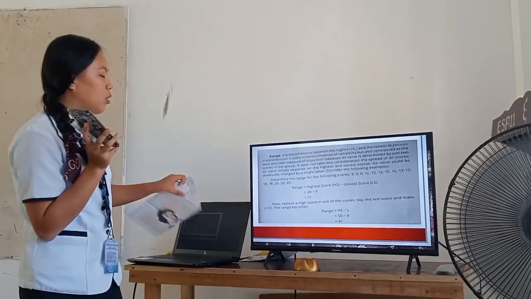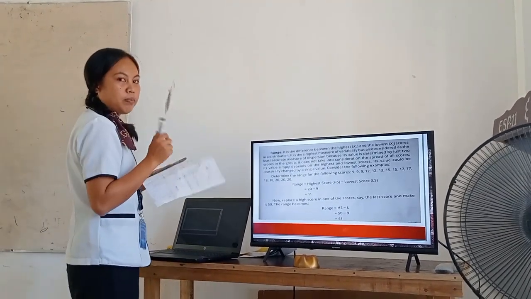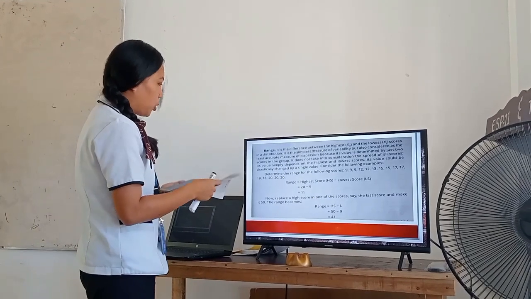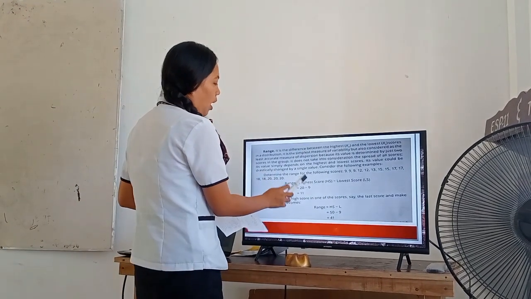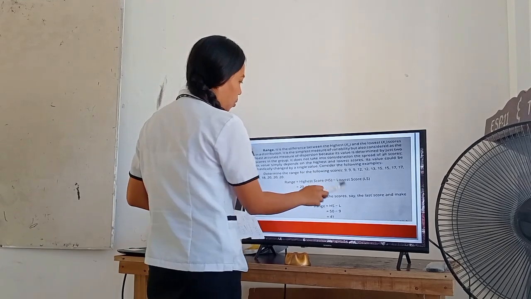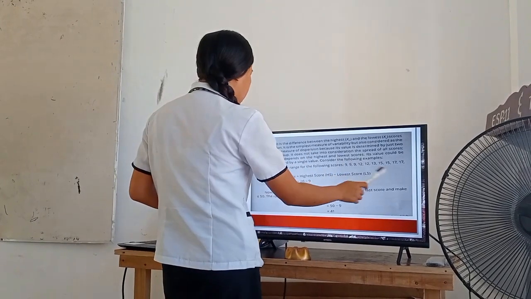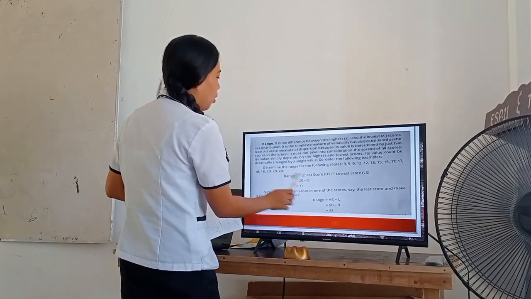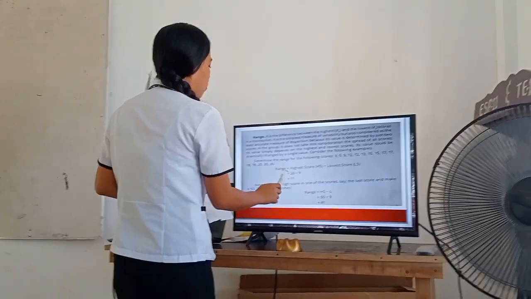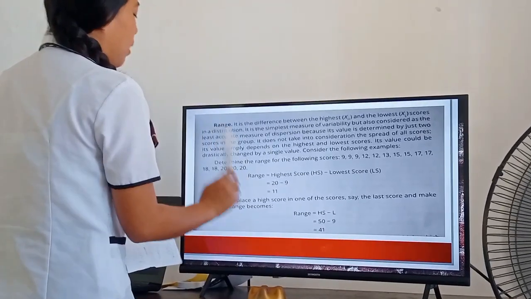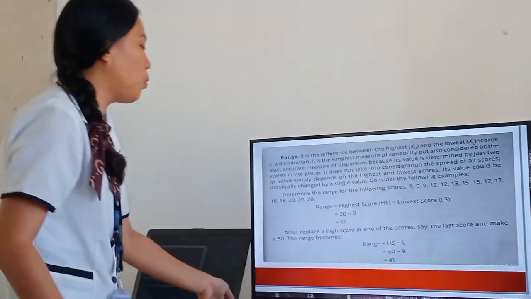So consider the following examples. This is the formula: range equals highest score minus lowest score. What we notice here is that the highest score is 20 and the lowest score is 9. So, the highest score minus the lowest score: 20 minus 9 equals 11. That is how we get the